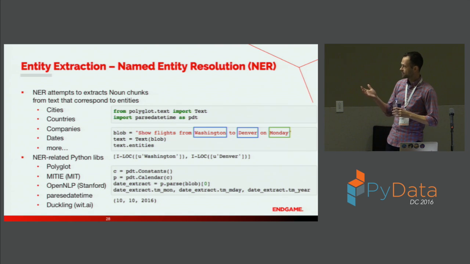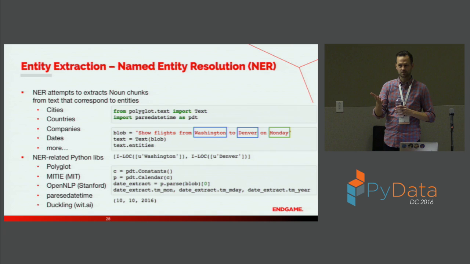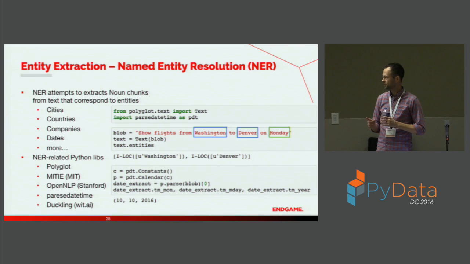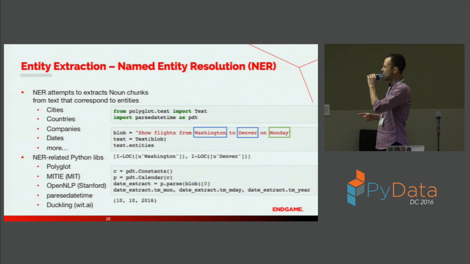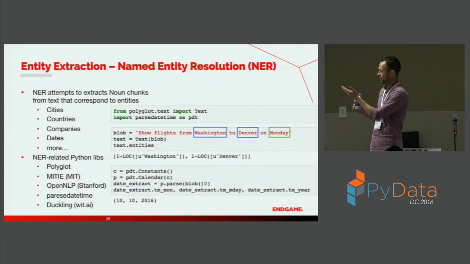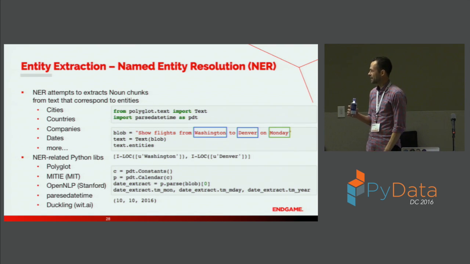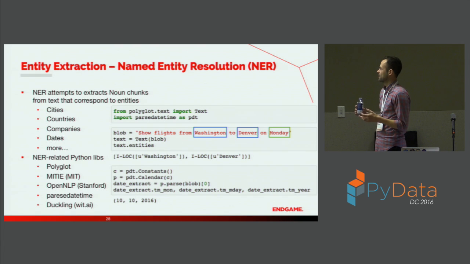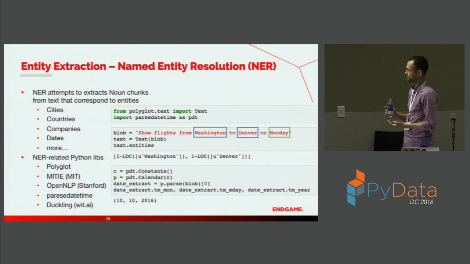So we'll use polyglot. I don't know if people know this. I found it the other day, and it was way easier than OpenNLP, but I would never tweet that because OpenNLP is very active on Twitter. But yeah, very straightforward, 3 lines, and I go from like having no natural language understanding about a sentence to grabbing the things that I need. That's awesome. But I still have some trouble with the word Monday.